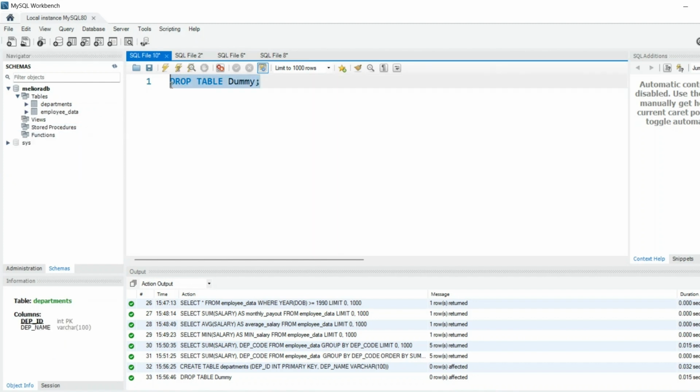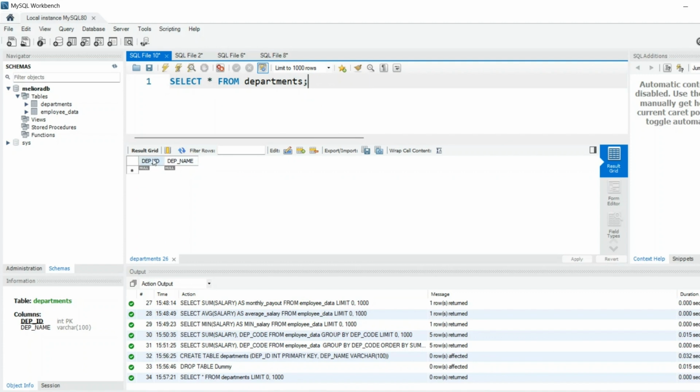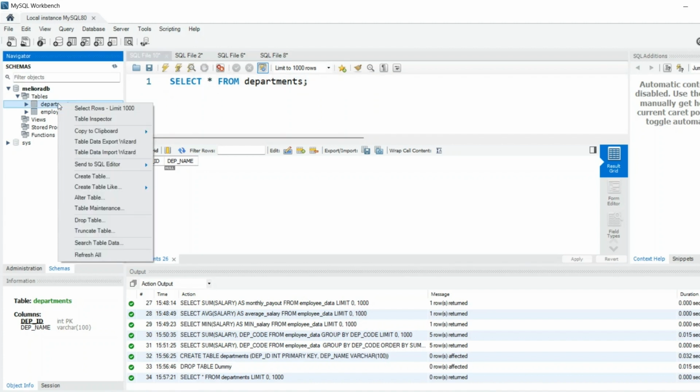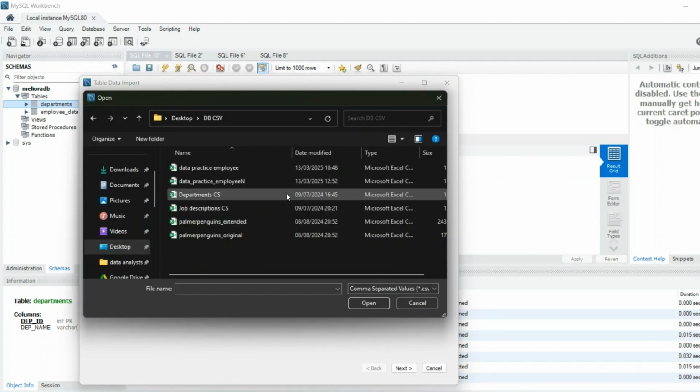So now let's select all. Let's go ahead and select all from departments. Now we can see it's just an empty null table. So let's now populate it with data, and in the next lecture we're going to continue. So let's right click. We're going to get the table data import wizard. We're going to, so it's departments,